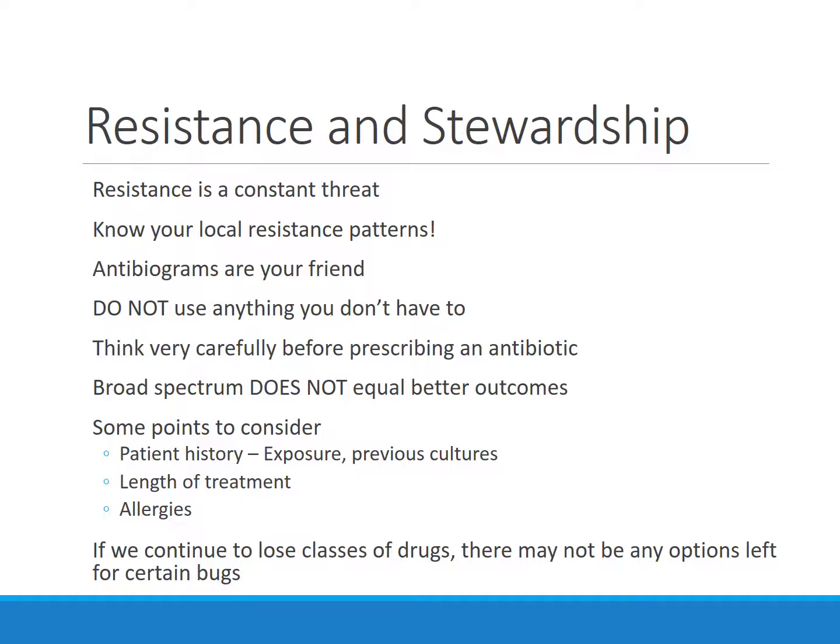Hospitals and health systems publish antibiograms. I've got an example of one of these coming up, and I'll talk about it there. But these are your friend. You should use them. If you don't have to use an antibiotic, don't use it. I think that's another big problem we have in our society in general, and this is maybe more of an ethical dilemma, or I don't know how you want to put it, but within